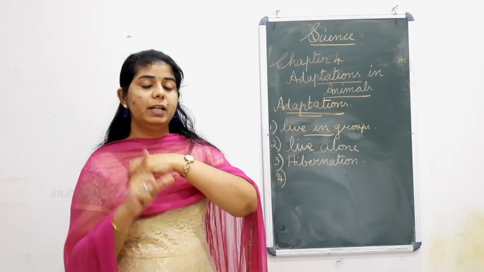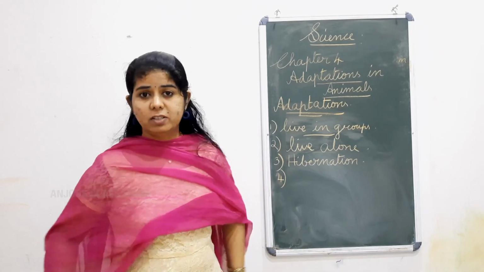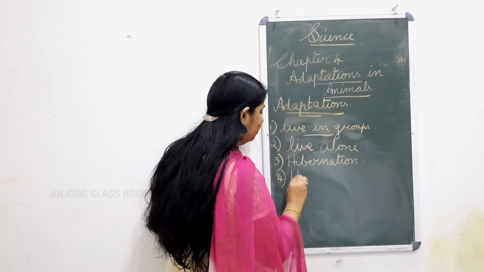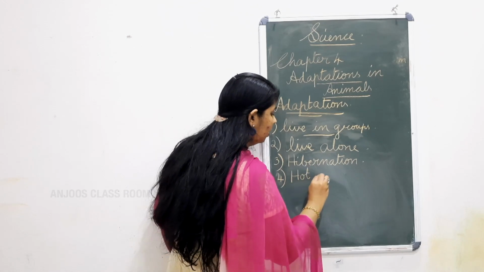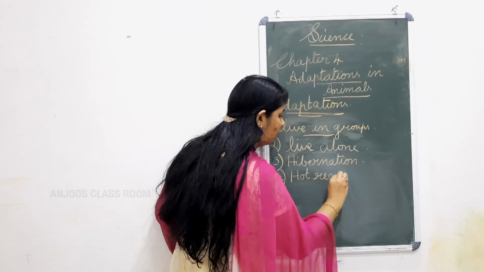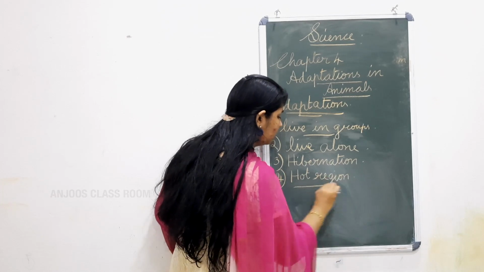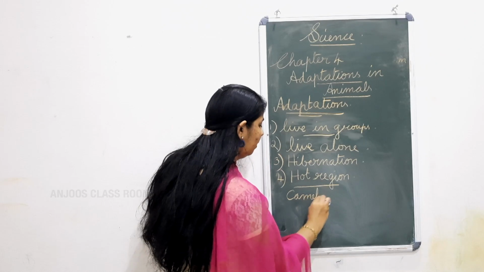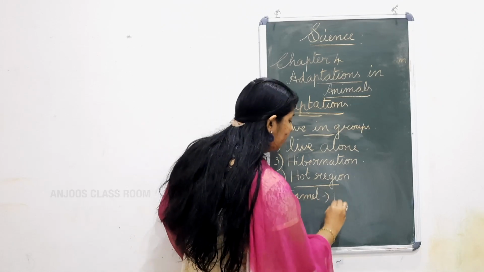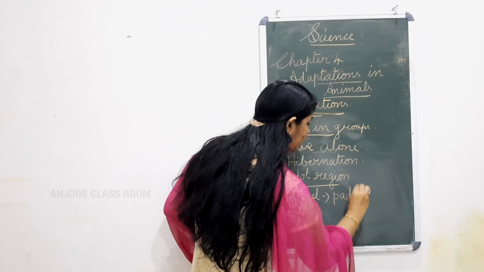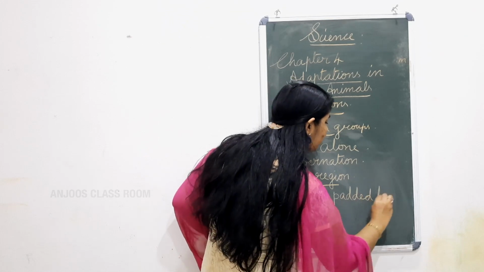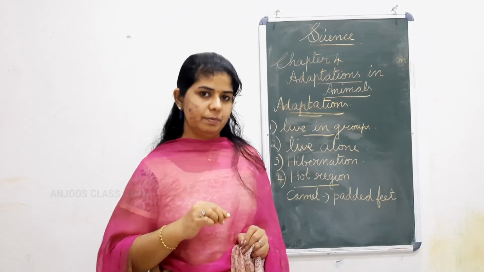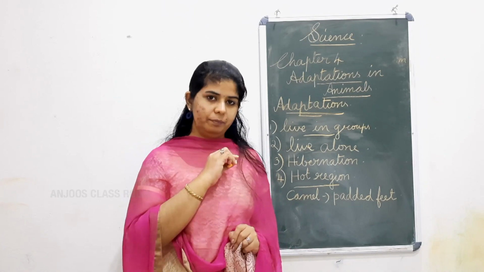That is a camel, the camels which are living in the hot regions. So in the hot region, the main animal that lives is the camel. So how do they adapt to the hot region? The camel is an example. I write here: they have padded feet. They have thick pads on their feet to protect them from the hot sand. That is why they are able to walk.